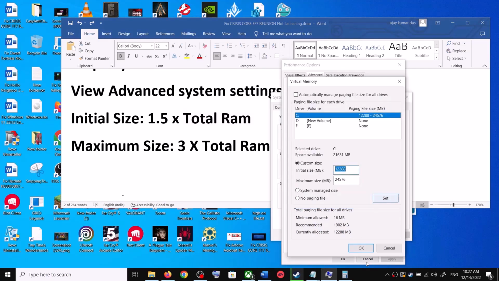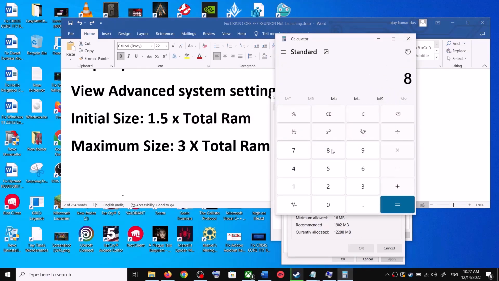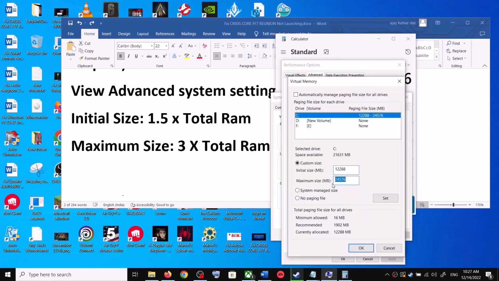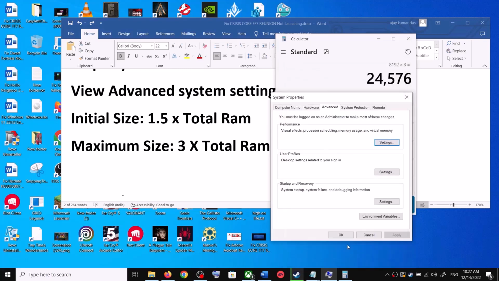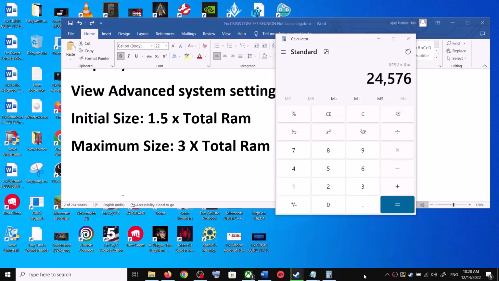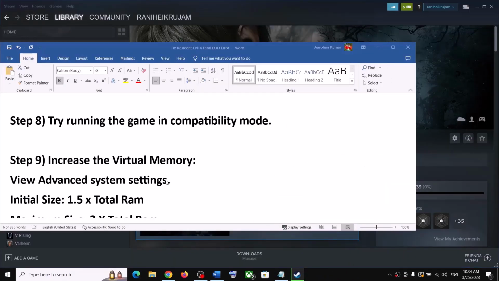Now total RAM is 8192 in megabytes, multiplied by 3, so for me it's 24576. Enter the numbers over here, then click on Set, click on OK, click on OK, and then click on Apply, OK, OK. Now if you are still facing the problem,